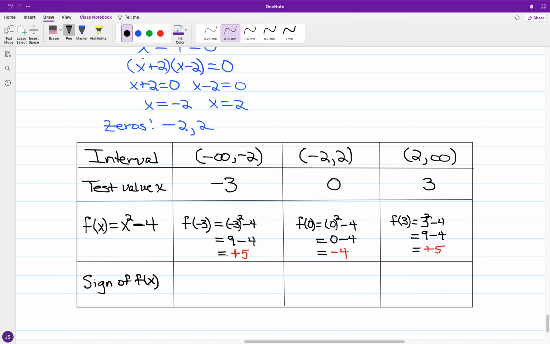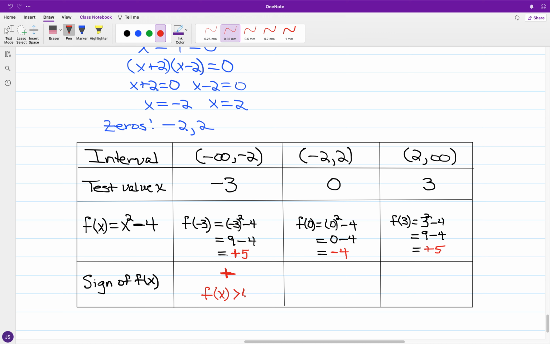You notice, okay, whenever I use -3 to represent anything less than -2 for the input, the output resulted as a positive value. So anything I plug in that is less than -2, the output is always going to be positive. So if the output is positive, this would mean that f of x